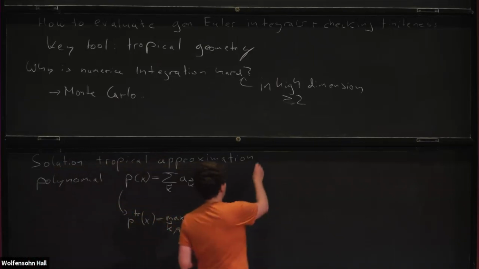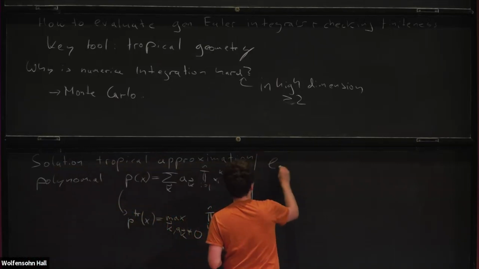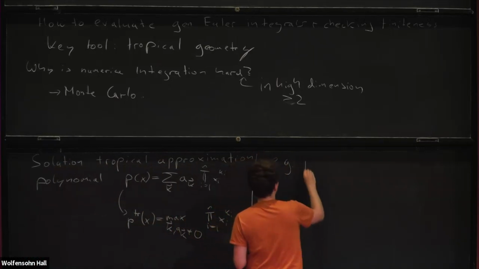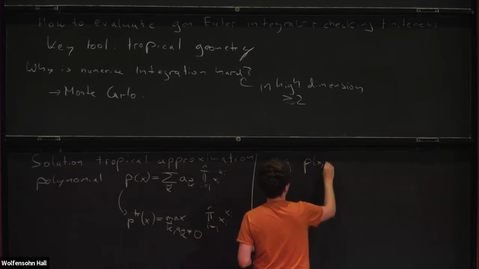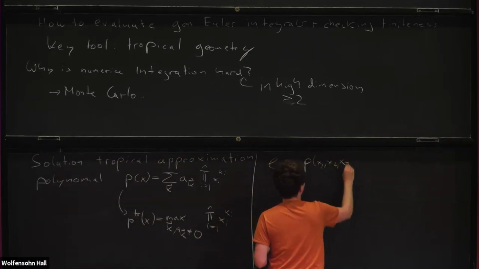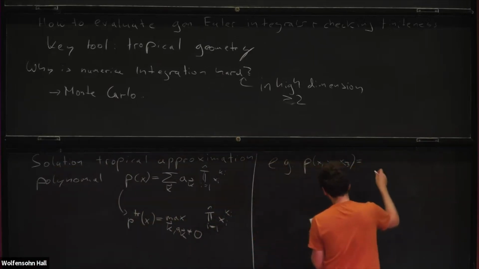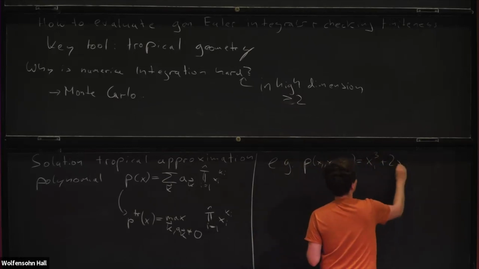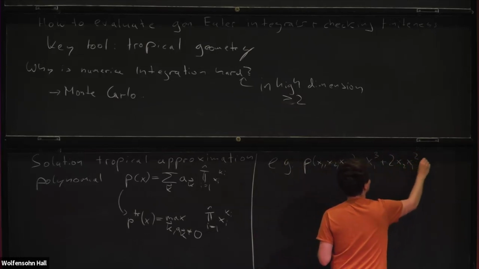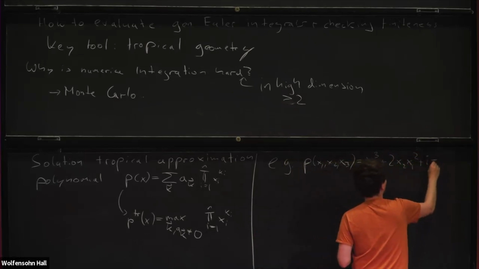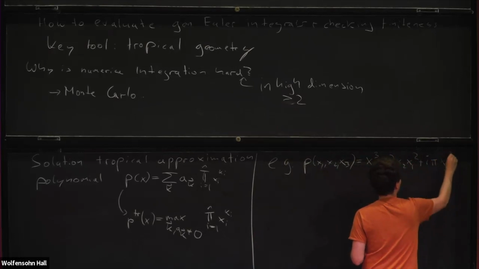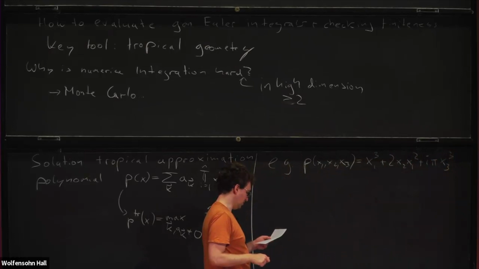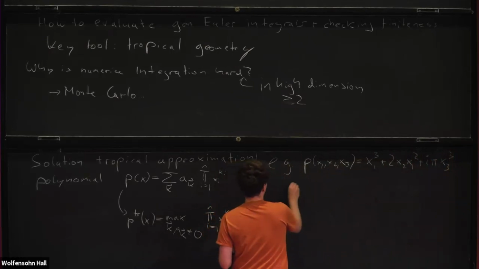So as an example, if we have p(x1, x2, x3), x1 cubed, and then some weird polynomial with some coefficients, then this p trop